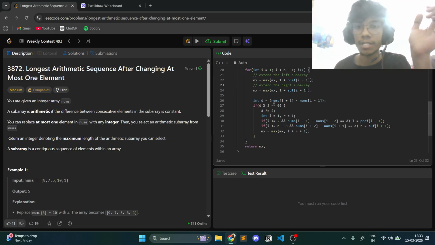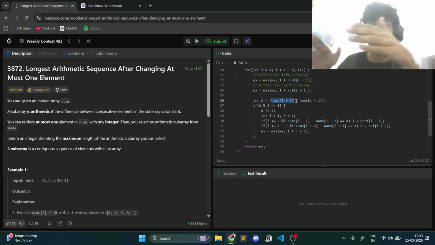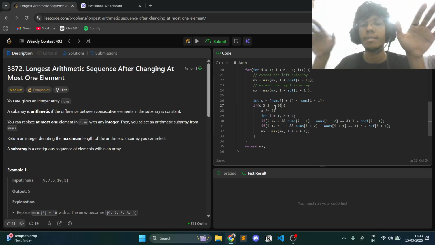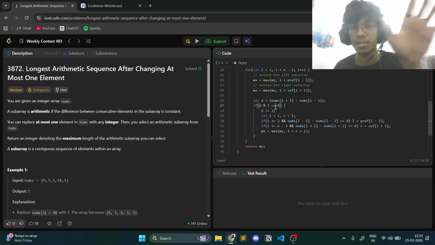So we just calculate the difference of the ahead element and the previous element. If this is divisible by 2, that is, there exists a midpoint to it, then only we merge the left and the right part, and now we divide this by the difference, and now we just check,